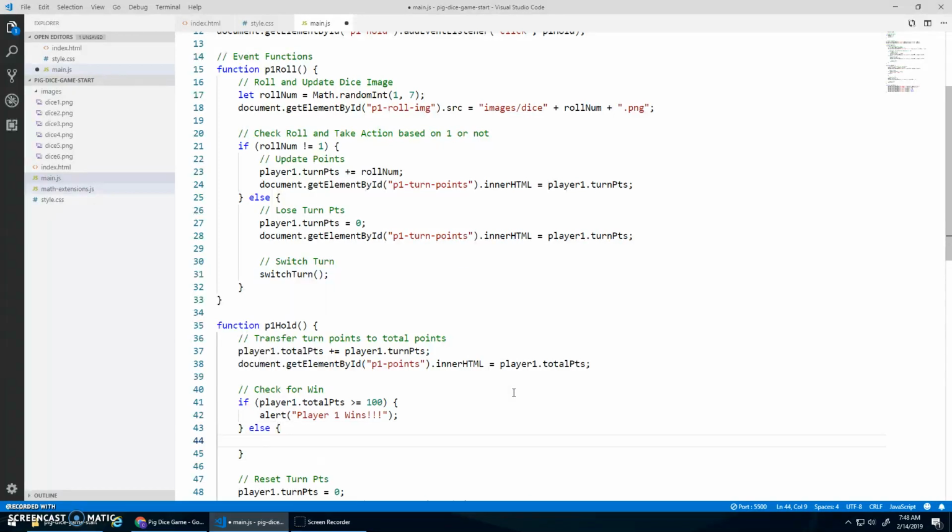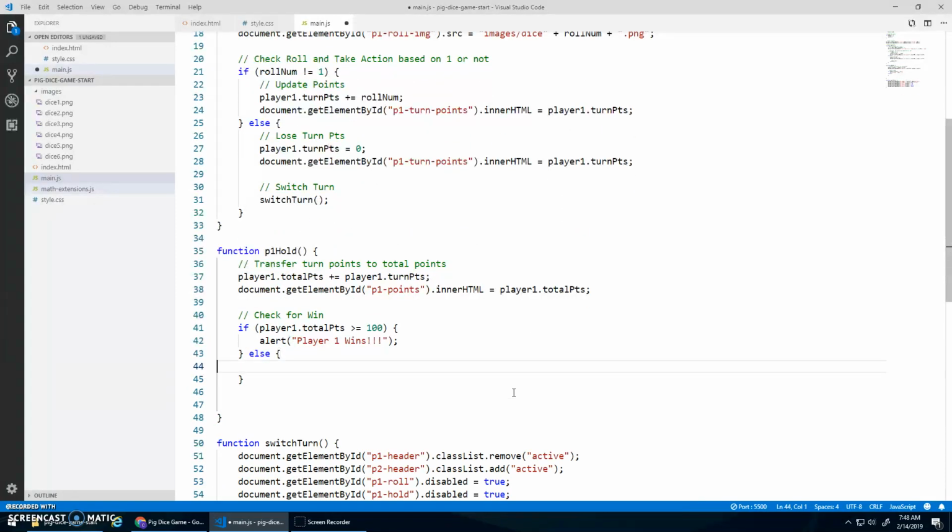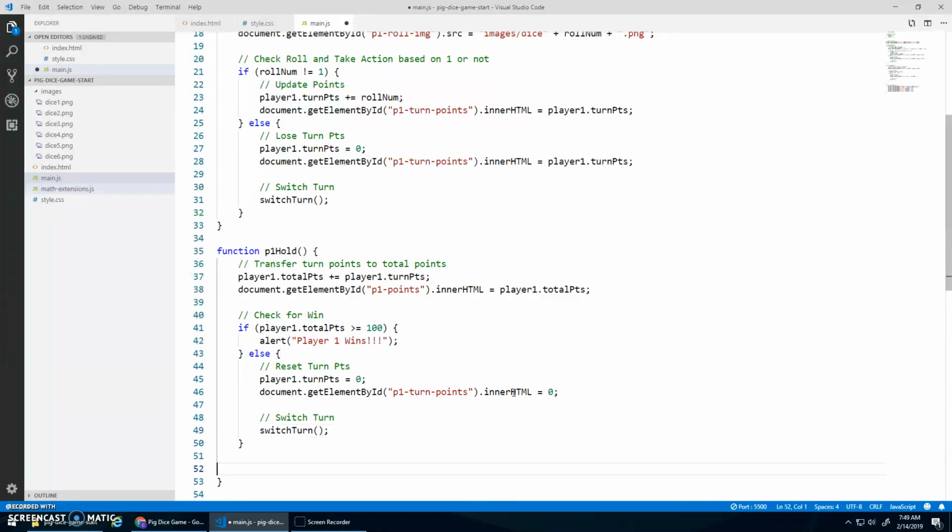And else we'll do this reset and turn. I can go inside of here. Shift-Alt-F to do that. Okay, does that make sense? I've just pressed hold, so I updated my total points. If my total points are greater than 100, I say, hey, alert player wins. Else, I will do a player1.turn points is 0. Yeah, I reset the turn points because I've already saved the turn points into the total points, and I switch